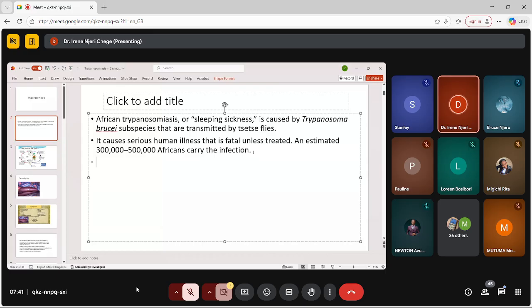That is why we're saying African trypanosomiasis is caused by Trypanosoma brucei subspecies. These subspecies are brucei,